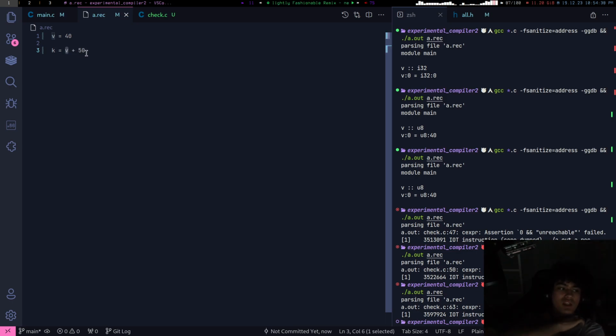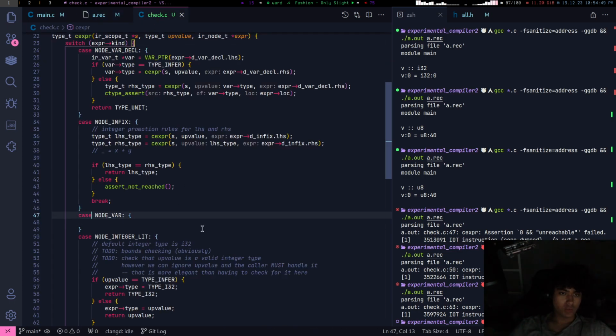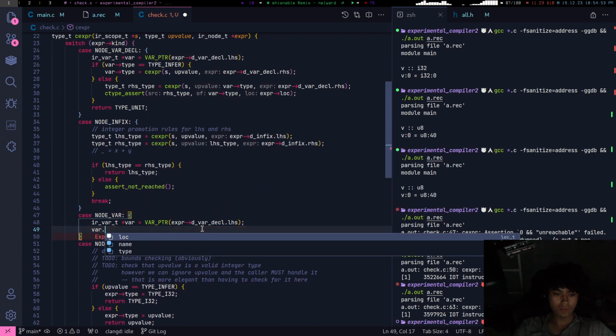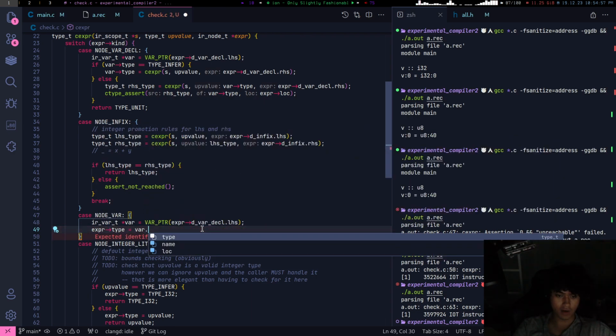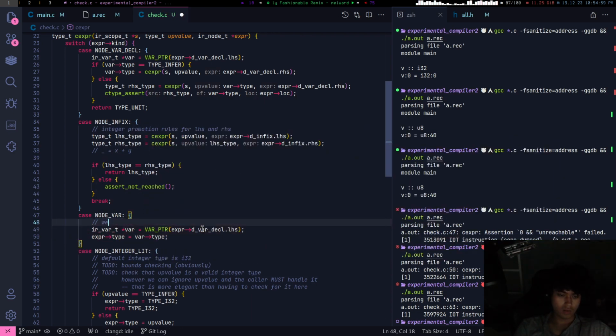However, the type of the node var might still be type infer because it never knew the type of this originally, but now we know it, so we have to set it. So we can do this. What's it called? Expr.type equals var.type. We know this already.